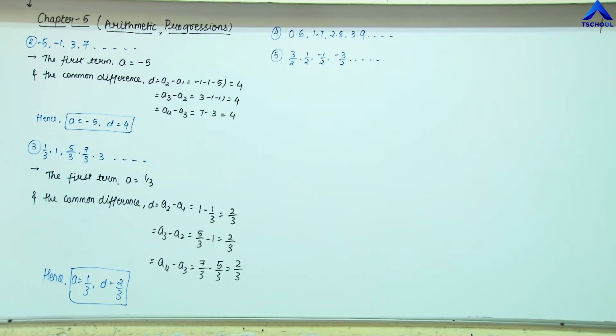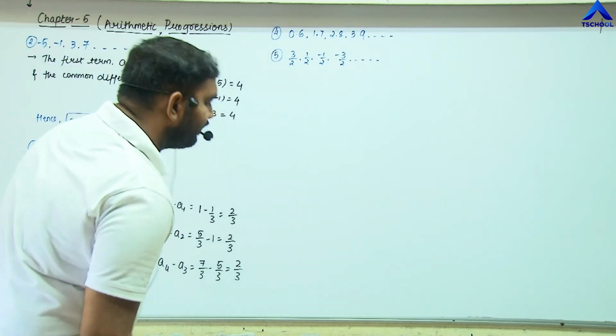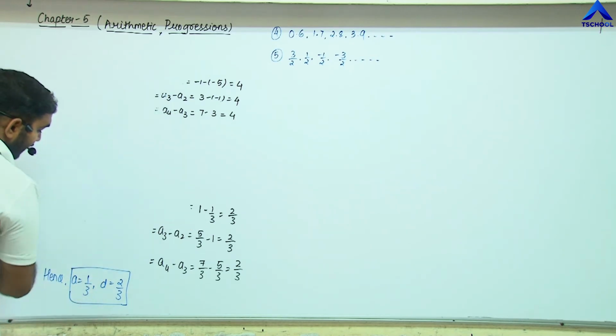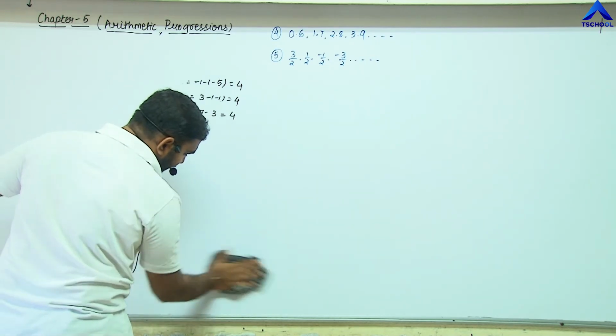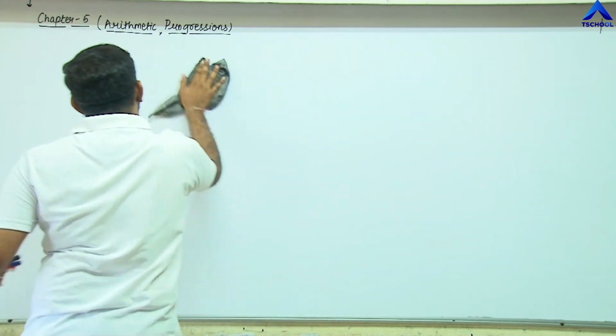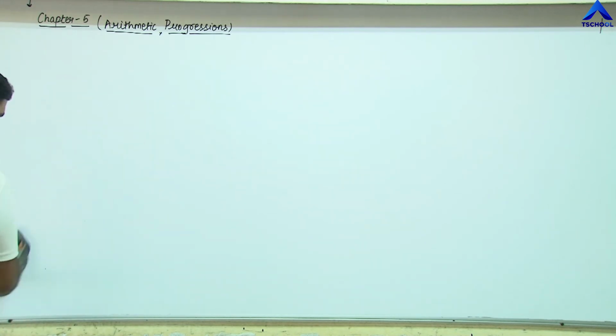You need to mention down the first term and the common difference of both the arithmetic progressions here. Is it clear, friends? So once you mention this down, now we are going to look further for the topic that how to identify whether the given list of numbers actually forms an AP or not. Right? To find out that, first of all you must know how to find out the common difference, because in each of this now we will require to find out the common difference, and so we are going to find it out.